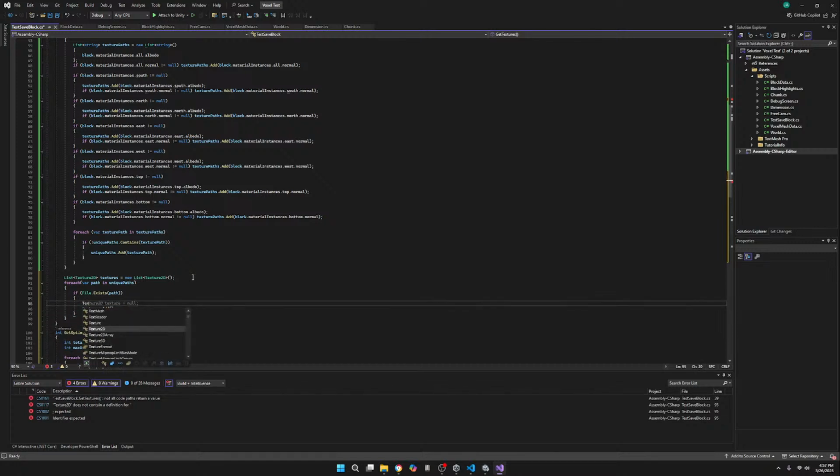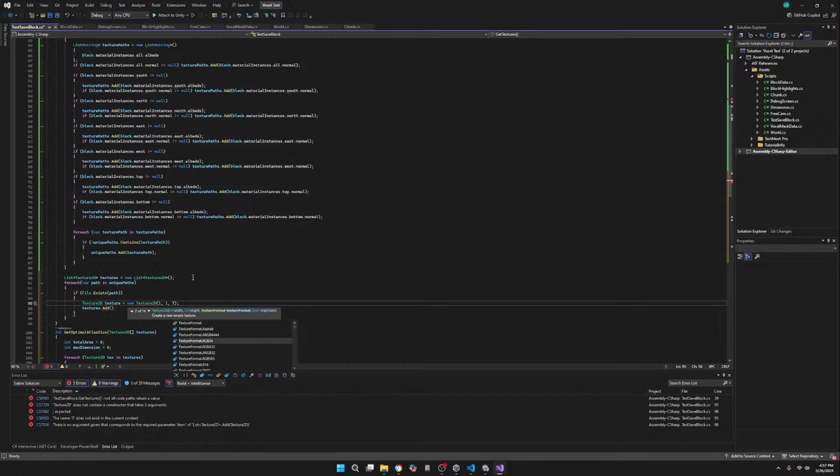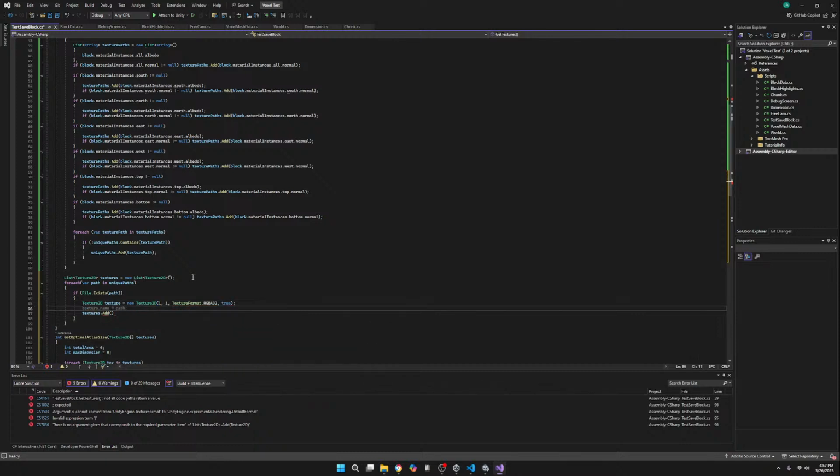I think I just do texture 2D texture goes new texture 0 1 1, I guess. Texture format RGBA 32 true. Then texture dot load image. And we'll do file dot read all bytes